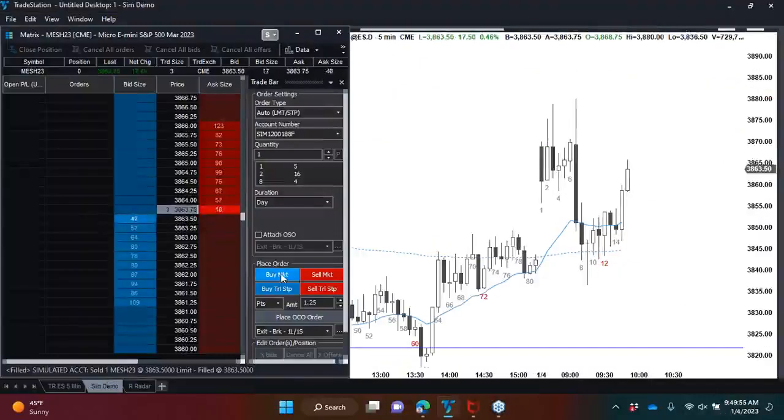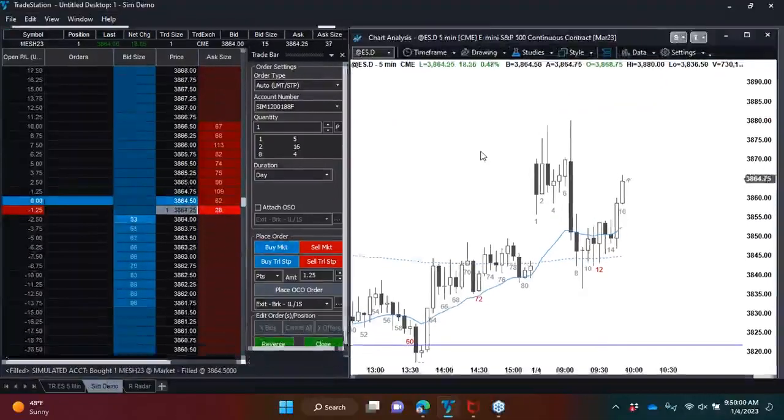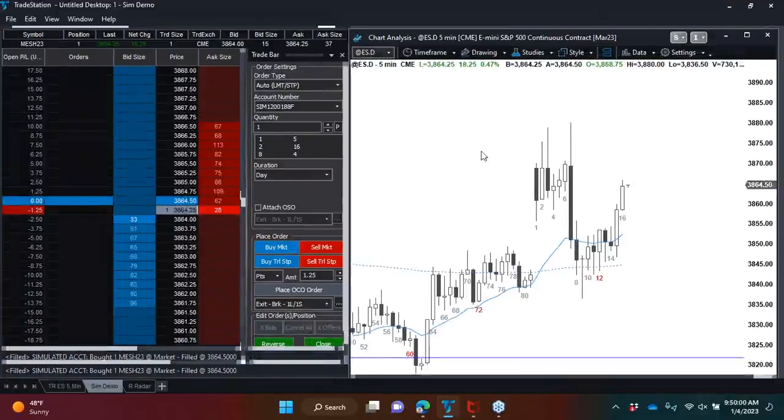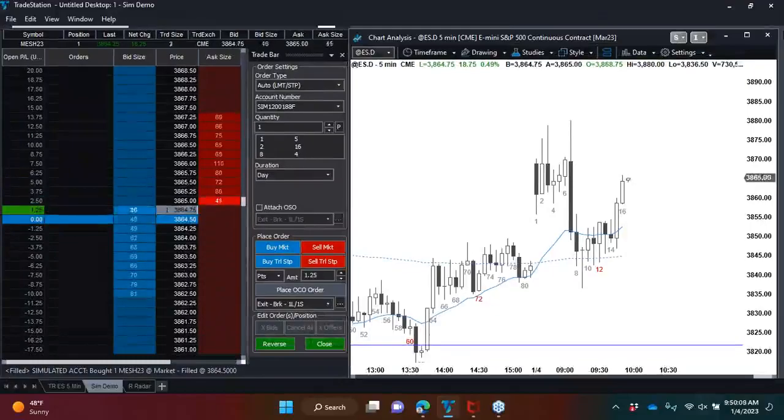So there we go. Should buy the close. So a possible target is,